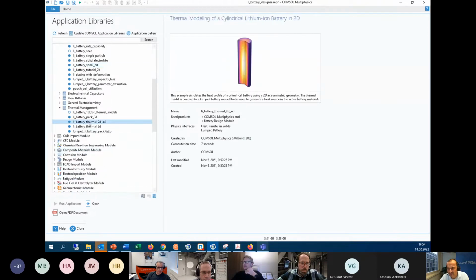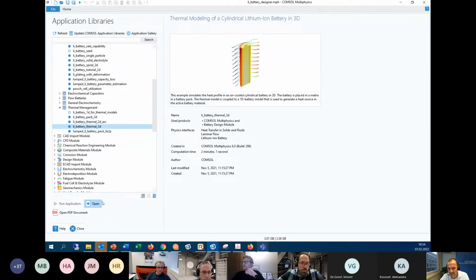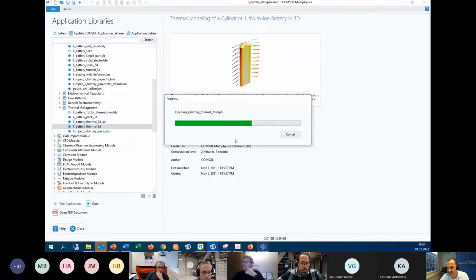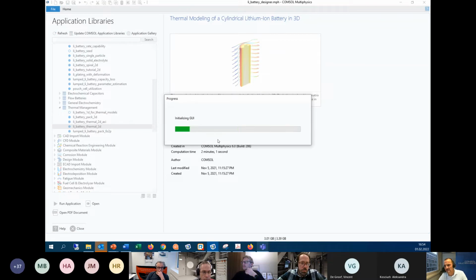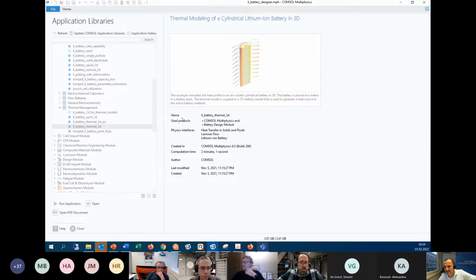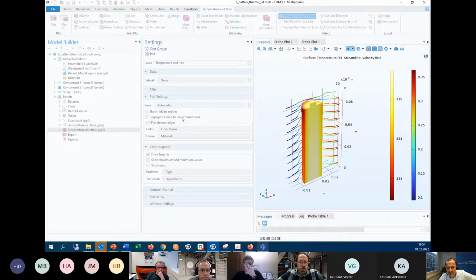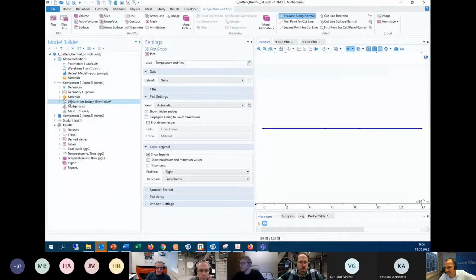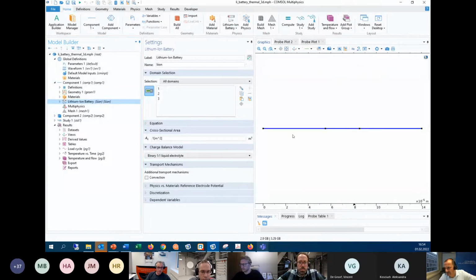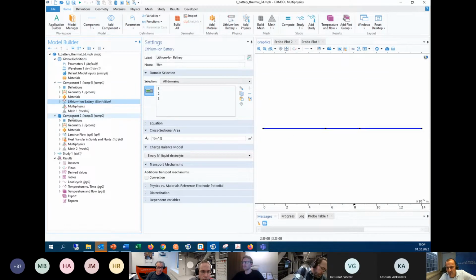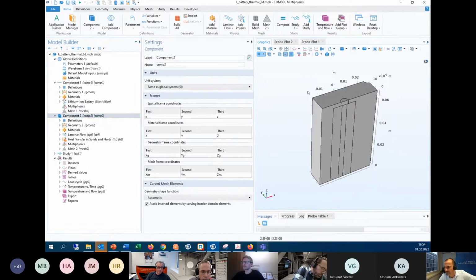It's in here, 2D or axial symmetry. If you open this model, you will detect that we have a 1D component with the lithium chemistry that is happening in 1D,